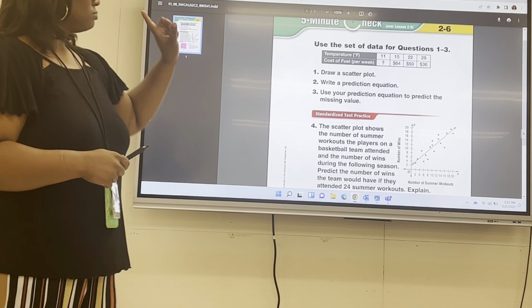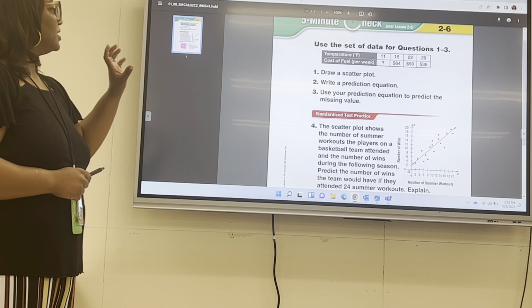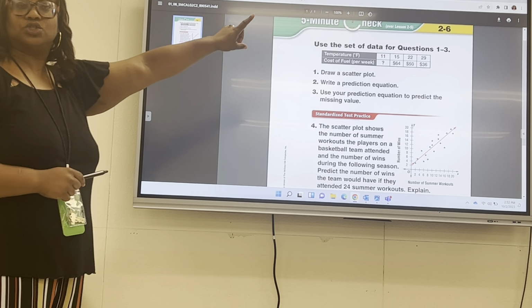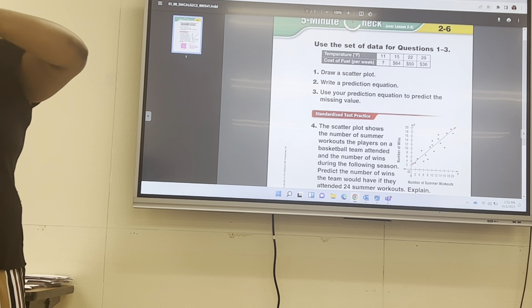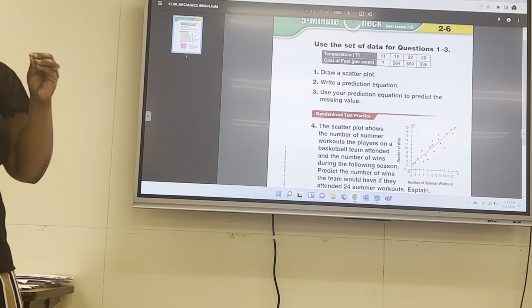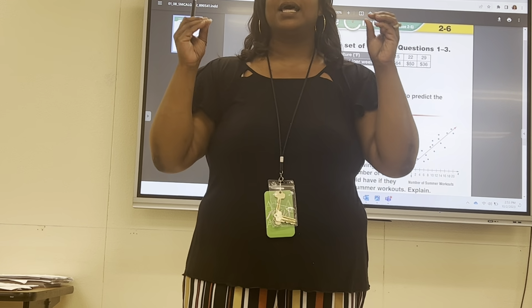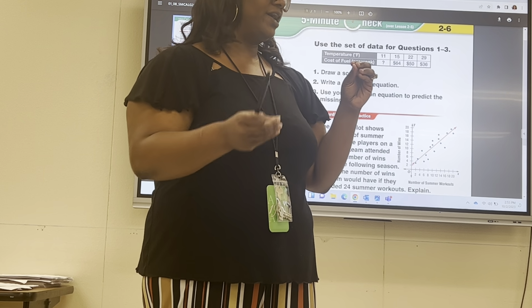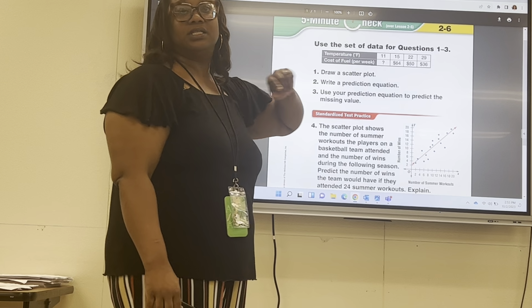All right? So the key thing on this do now, when I look at this do now, it says use the set of data for questions 1 through 3. Now on one of these, we're not going to actually have to go through and do because we can do all of the rest of it in the calculator. But the purpose I'm going to go through this is to make sure all of you know how to utilize the calculator to your advantage, to help and make sure you understand and have a chance of getting these questions